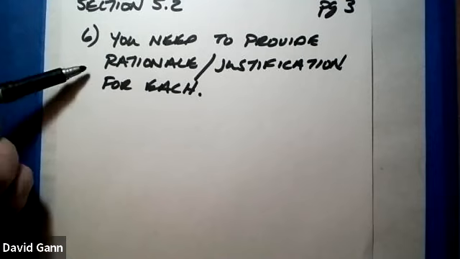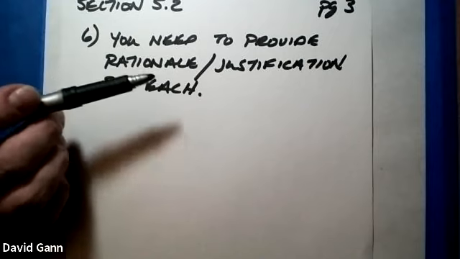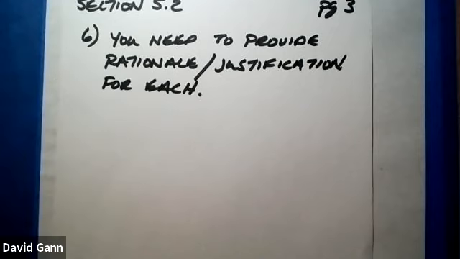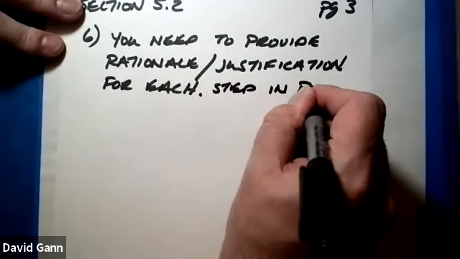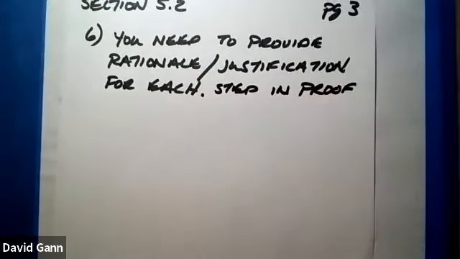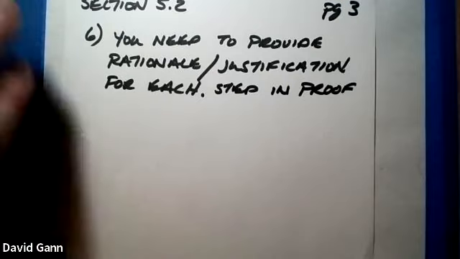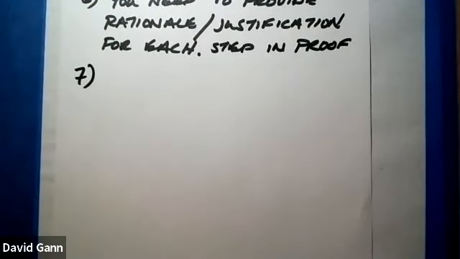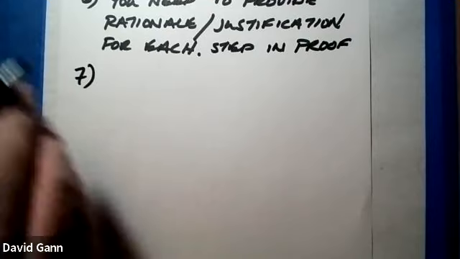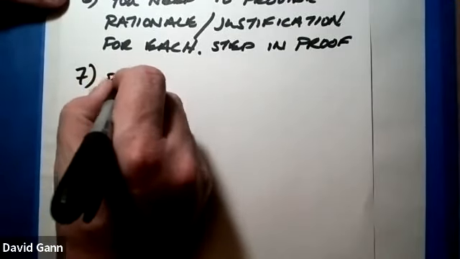So if you keep this in your head that I need to provide a rationale or a justification for each step in the proof, then you'll avoid just writing down nonsense. Okay, and I've seen enough nonsense that, believe me, it has no bounds. Okay, so suggestion number 7 is to recall or remember